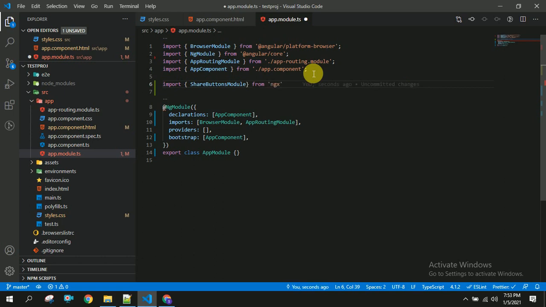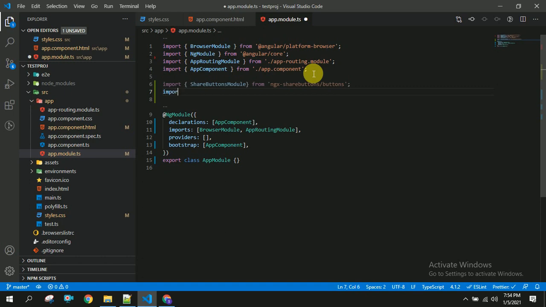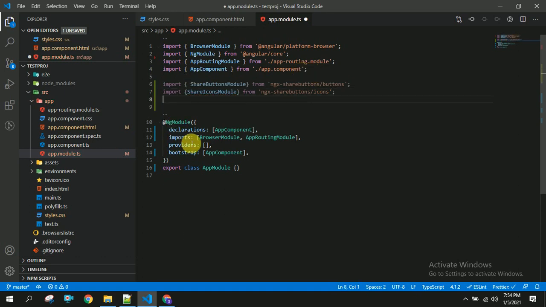Import from ngx share buttons/buttons, and next thing is importing share icons module from ngx share buttons/icons, and we have to import this in imports.